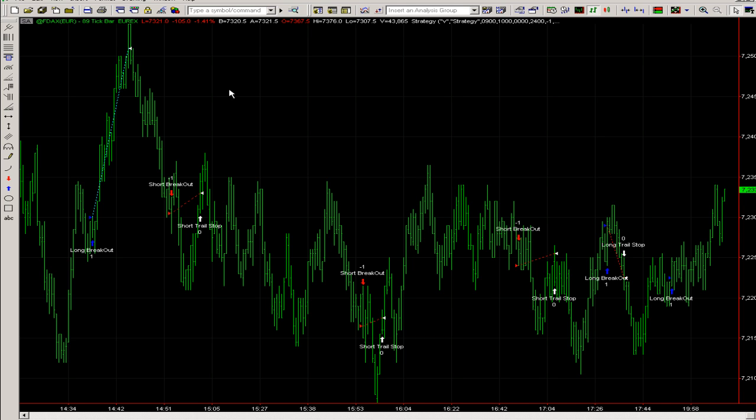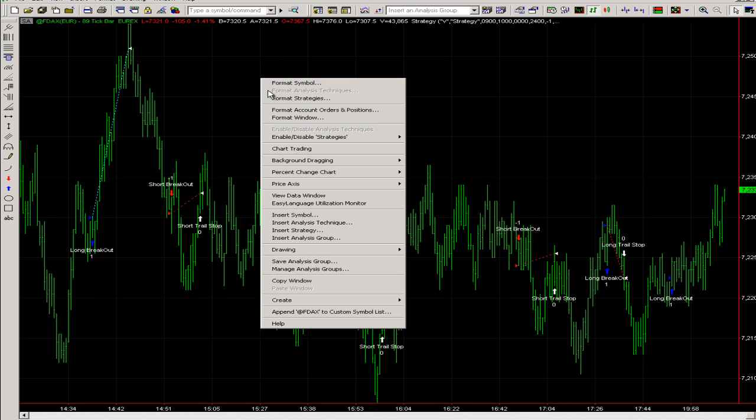Most traders, when they come to our group, typically will start with crude or some of the forex markets, but the DAX is a really wild market on occasion, so you've definitely got to prepare yourself for it. Now what we're going to do is, we've got the strategy loaded up here, but I'm just going to put in the